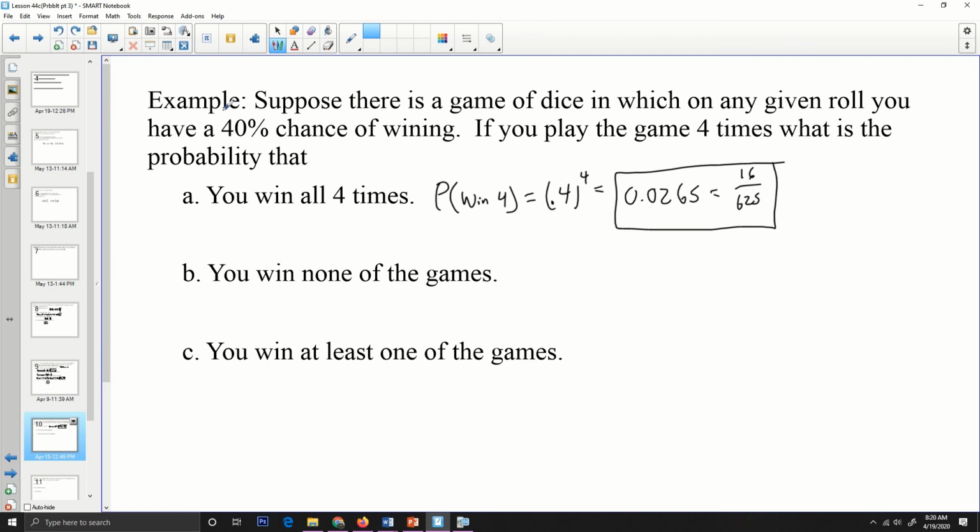Not very good, even though you have a 40% chance winning on the first try. B, you win none of the games. Now, this is a little bit different. Winning none of the games is not the complement of win all 4 games, because winning none of the games does not include winning 3 times, or winning 2 times, or winning exactly 1 time. So this one, win no games, will be the complement